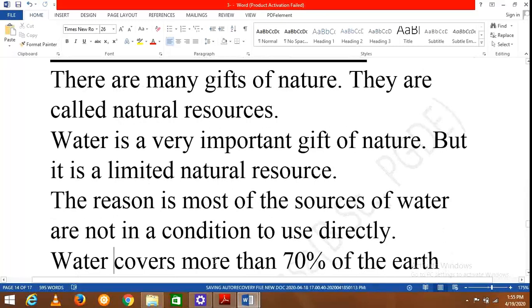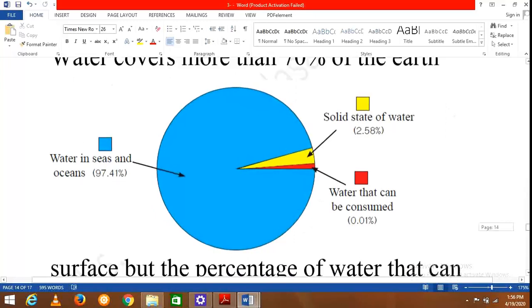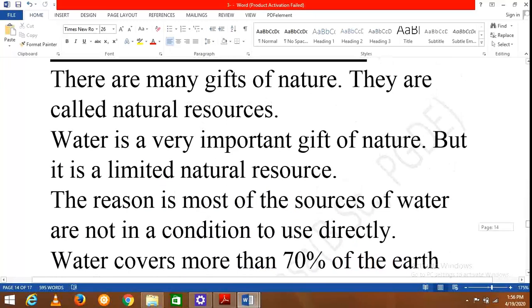So there are so many gifts of nature. They are called natural resources. So at the beginning we told that water is also an important natural resource, but it is a limited natural resource. Why do we call it a limited natural resource? The reason is, when we consider